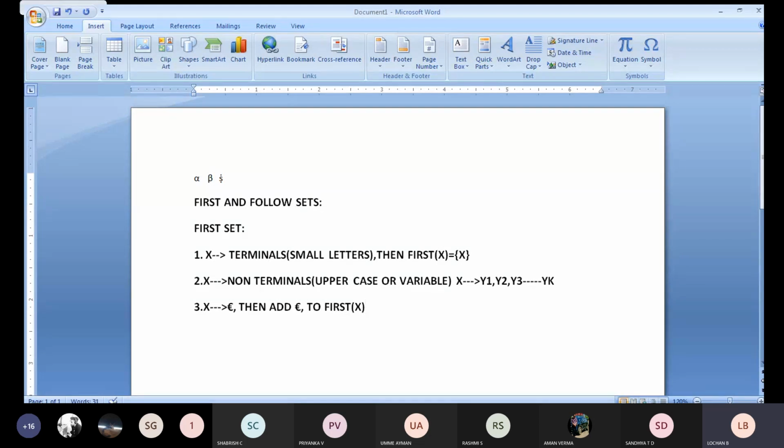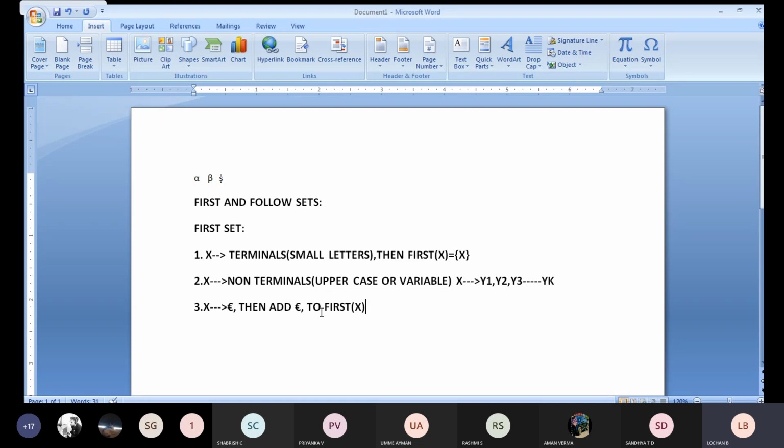I understand you have not understood anything, I know that. While solving the problem, we will be applying this particular thing. This is very important from your examination point of view as well as your lab programs. We will be making use of first and follow sets. First, we will calculate the first set. To solve the first set, in your notes I have given 3 points, or I can say 3 algorithms: the first algorithm and the follow algorithm. In the first algorithm, we will follow 3 steps. I'll repeat once again. In the notes, if you see the first and follow set, in the first you will get 3 important steps to solve the first sets.